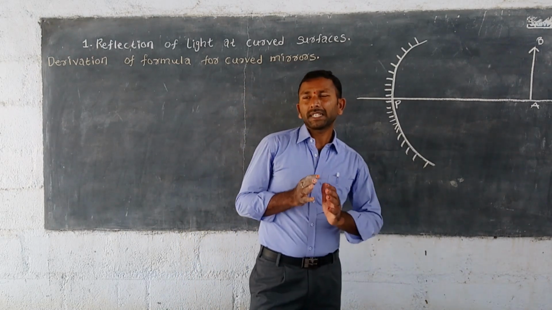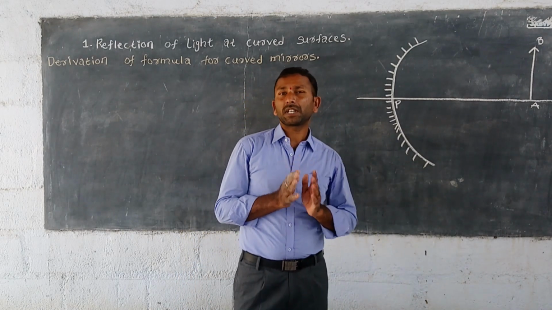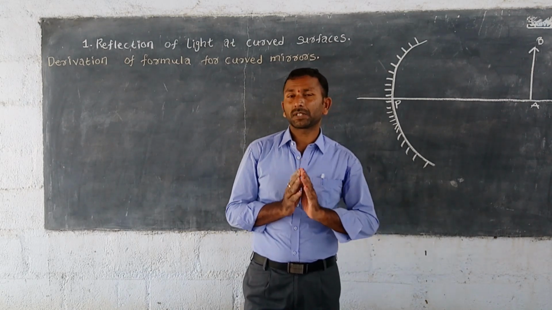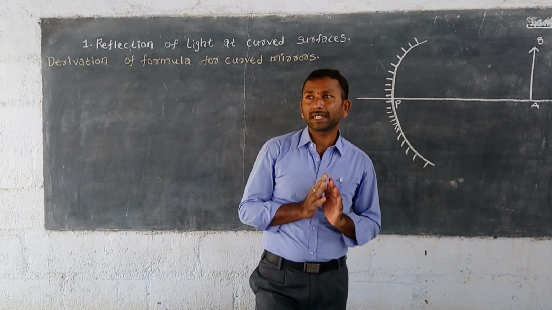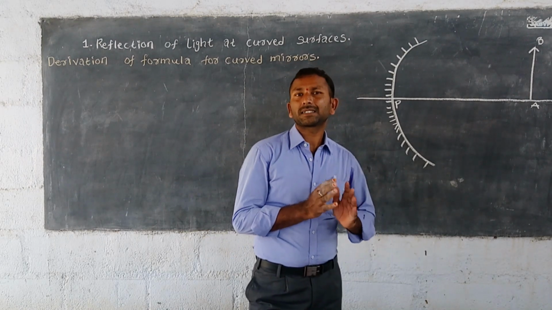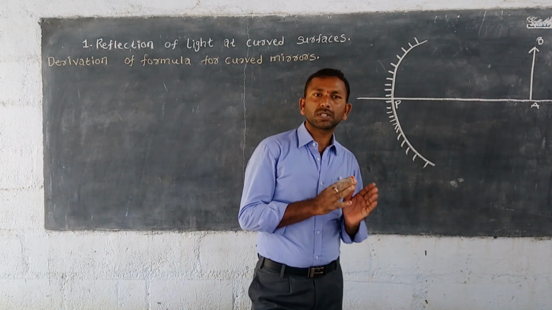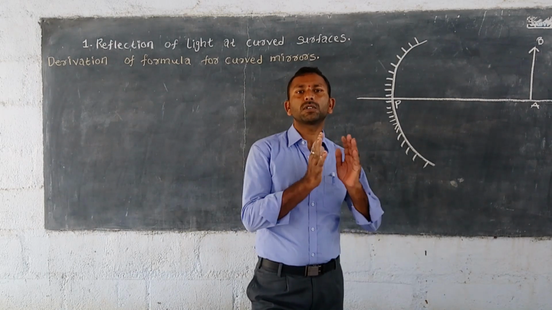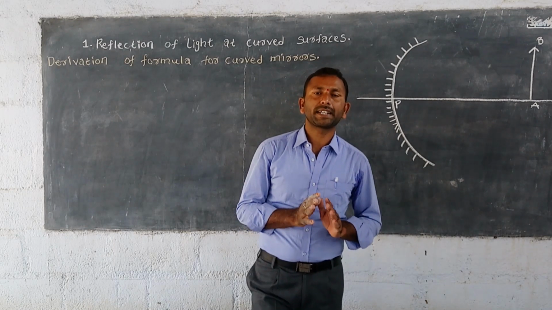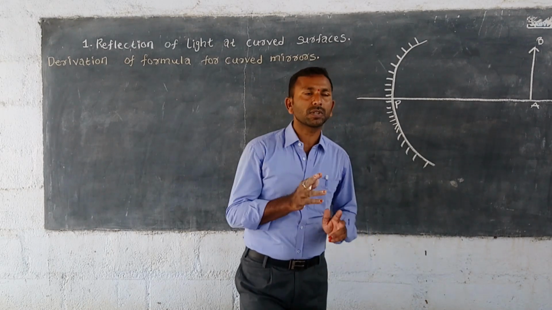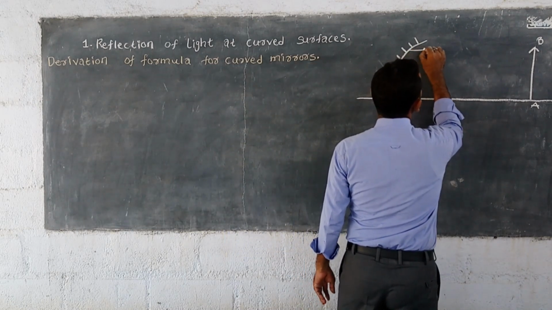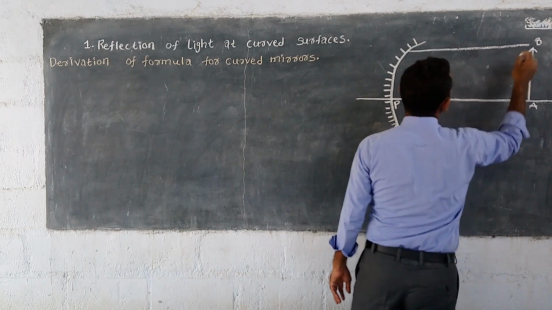Each and every time, how many light rays do we take to draw a ray diagram? Actually, mainly we take 3 light rays, but as we have already discussed, if any light ray is going through the focal point, it is not able to touch the mirror. That's why we are not taking that type of light ray, and here we are taking only 2 light rays. The first light ray is the one going parallel to the principal axis.